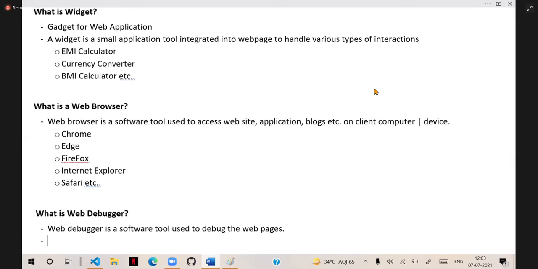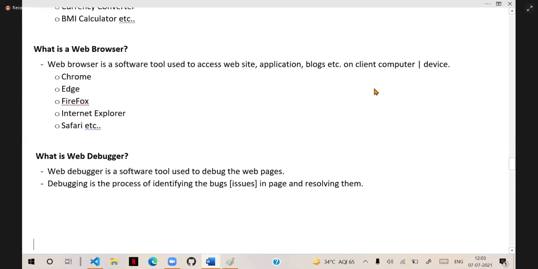Debugging is the process of identifying bugs, which are issues in the page, and reporting and resolving them. For that we need debuggers.